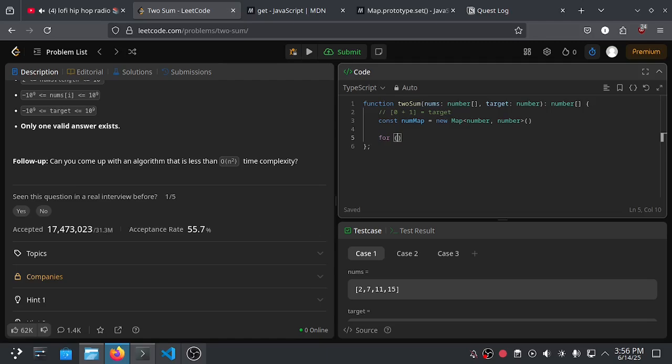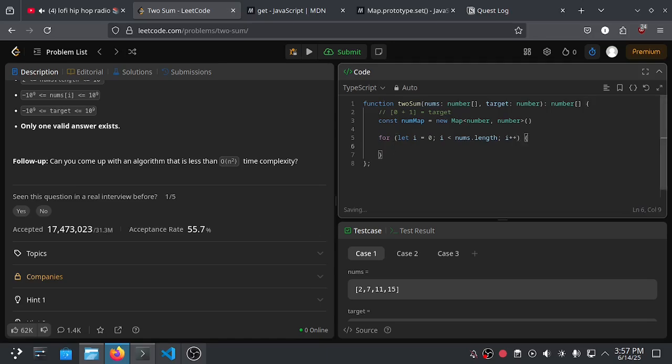So let's declare the for loop. Let i equal 0, and as long as i is lower than the nums array length property, we iterate, adding i by 1 for each iteration.